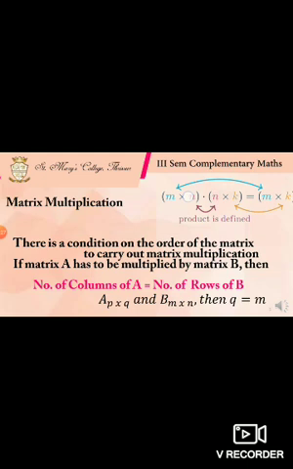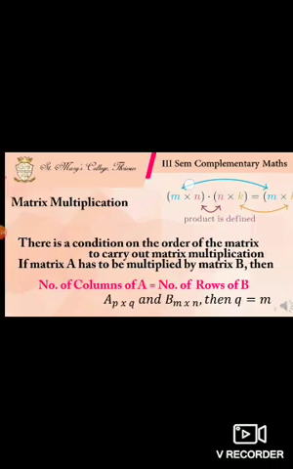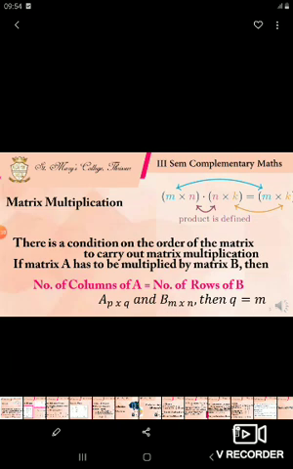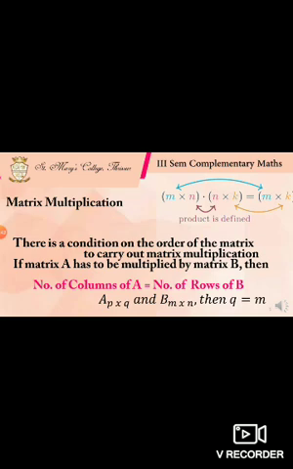Here we take an M by N matrix and an N by K matrix. So N and N are the same, so the product defined will be an M by K matrix. Here, the product defined will be a P by N matrix. Okay, so we will do some examples.